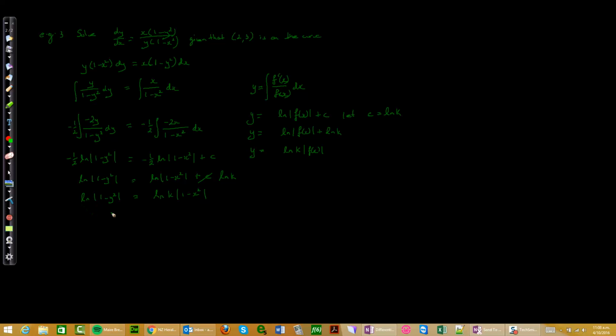So now taking the exponential of both sides we would have 1 minus y squared equals k bracket 1 minus x squared. Now, there was a further reason why we wanted to get rid of that natural log. If we know that 2, 3 is on this curve that has y related to x, if you put 3 into this here, you'd have 1 minus 9 equals negative 8, and you can't take the natural log of negative 8, it doesn't exist. So we'd have to get rid of those natural logs before we could actually even find the constant, and now we can. So substituting the 2, 3 in,